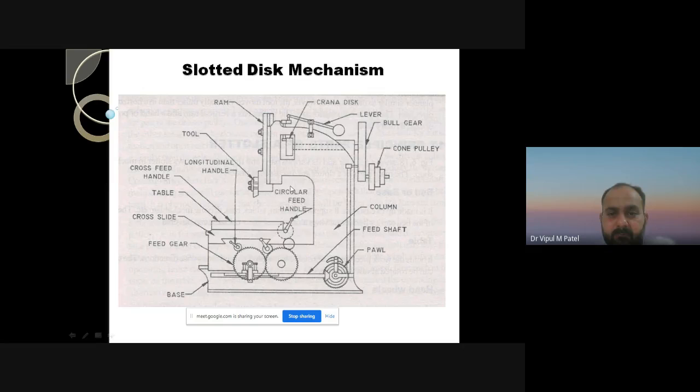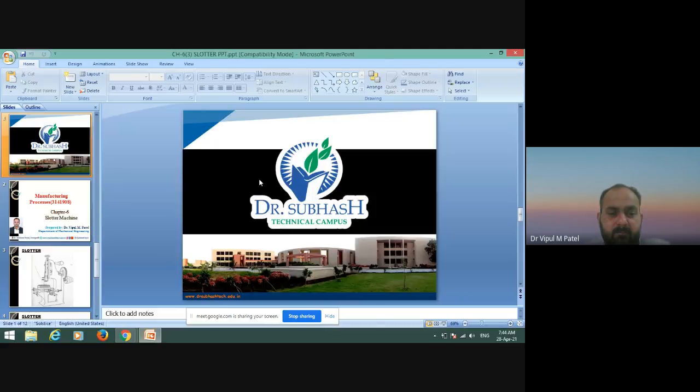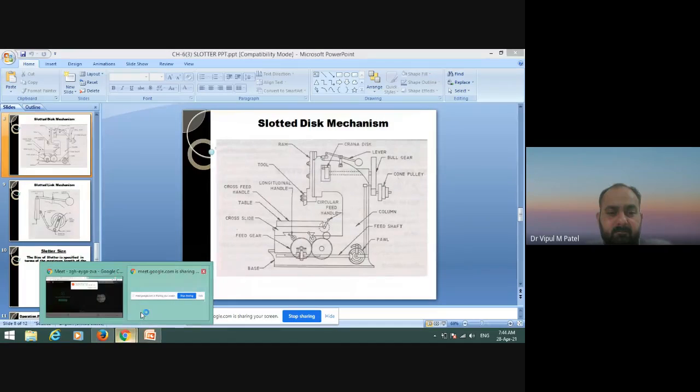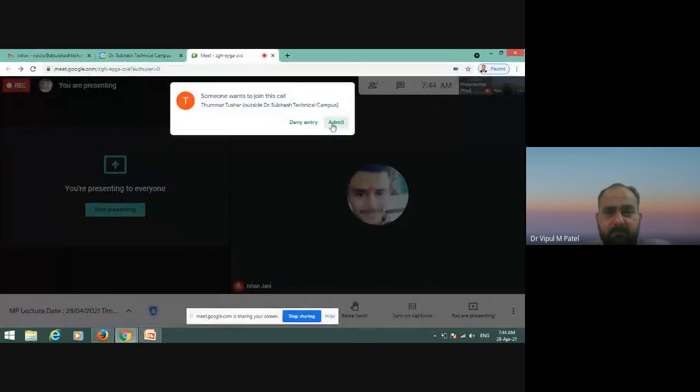With the use of this, we can easily give a circular movement to the workpiece. Over here, we can hold the workpiece on the work table, and over the workpiece, we can reciprocate the single point cutting tool with the use of the ram.